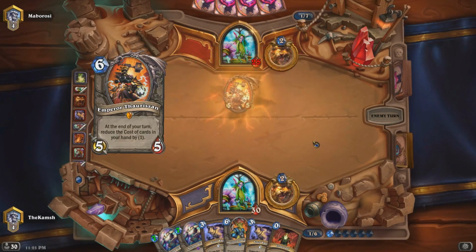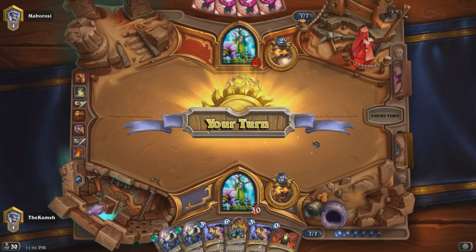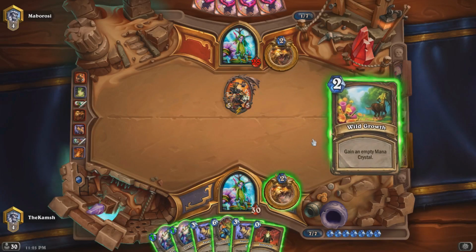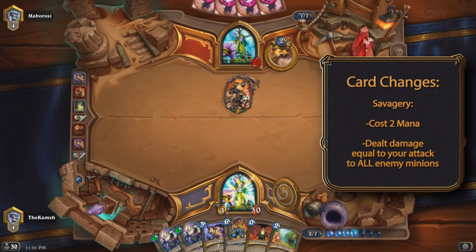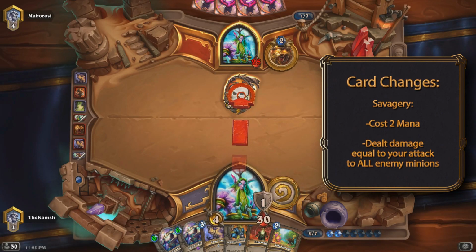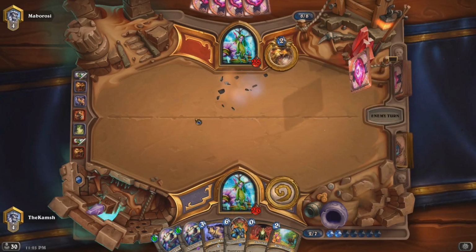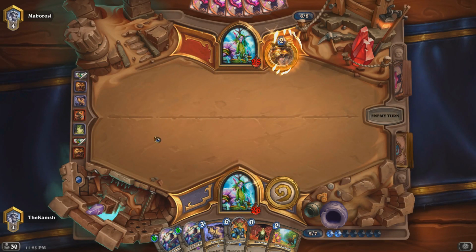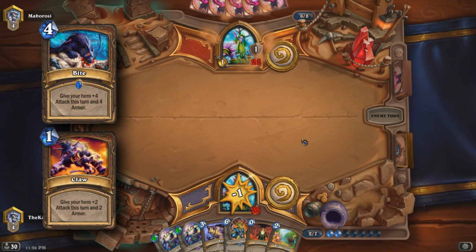So first off, there was the combo of the old Savagery with Claw and Bite, and that's probably the most powerful combo that no longer exists today. The original version of Savagery cost 2 mana and dealt damage equal to your attack to all enemy minions, so it was a bit like having Blade Flurry in Druid, but Druid conveniently has cards that buff your attack for a turn like Claw and Bite, so you could essentially build your own Flamestrike that cost less mana and